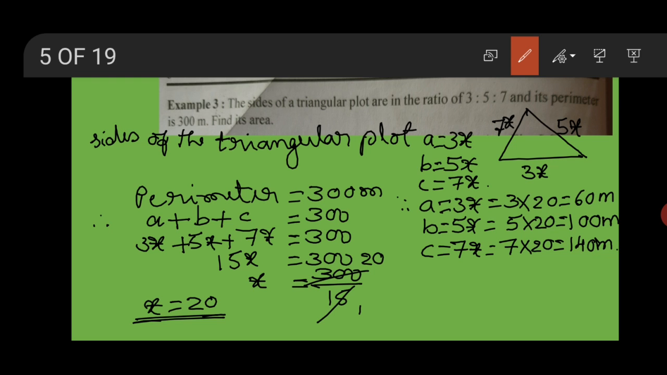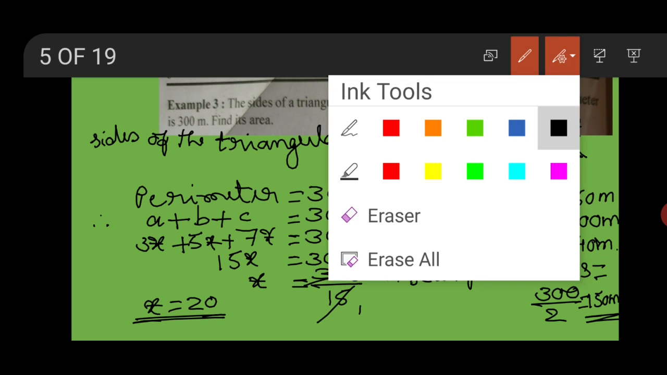We know a, b, c, and we have to find the semi-perimeter also. Therefore perimeter, you know what is the perimeter? 300 meter. Therefore semi-perimeter S is equal to half of perimeter. 300 divided by 2 is equal to 150 meter. Yes. Therefore S is equal to 150 meter. Now